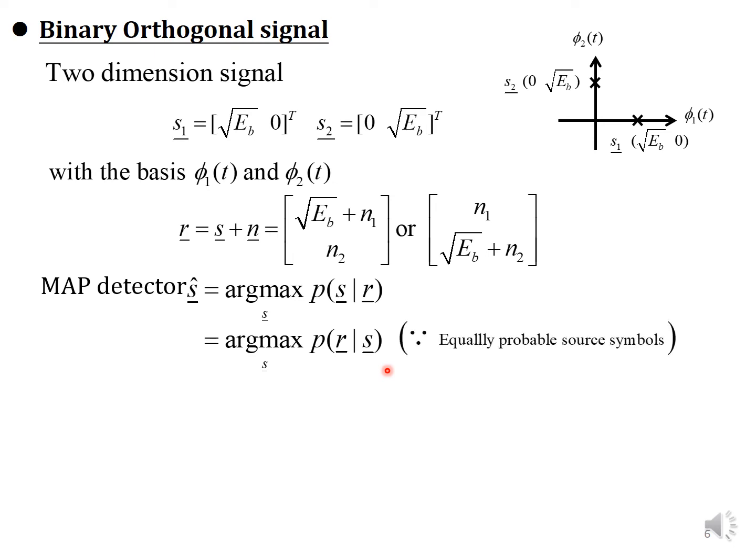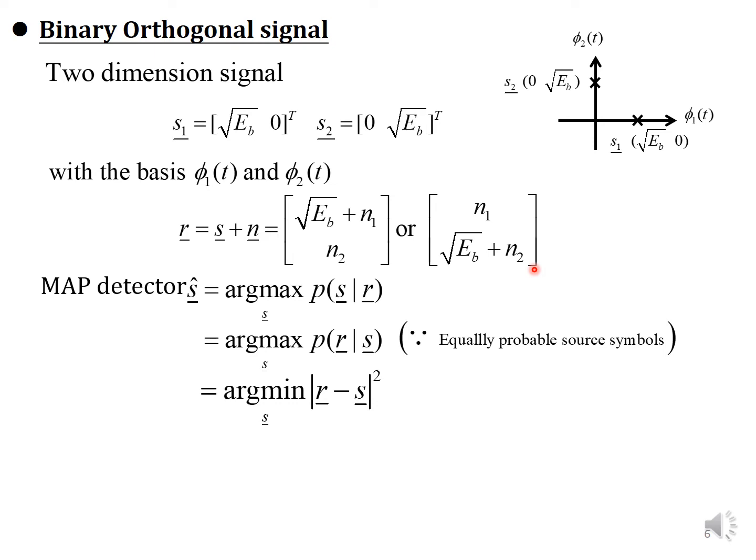When the source symbols are equally probable, P(S1) equal to P(S2), then we can rewrite this conditional probability as the conditional probability on S. And again it becomes the minimum distance detection, at the condition when